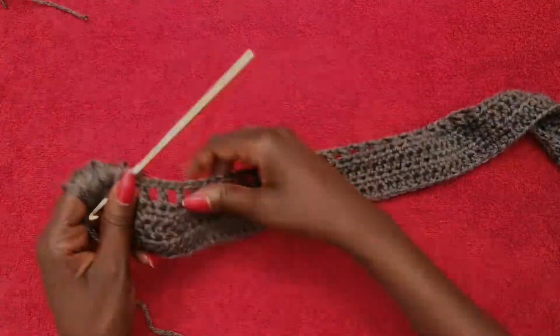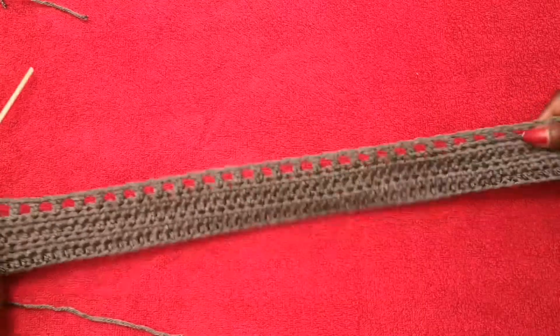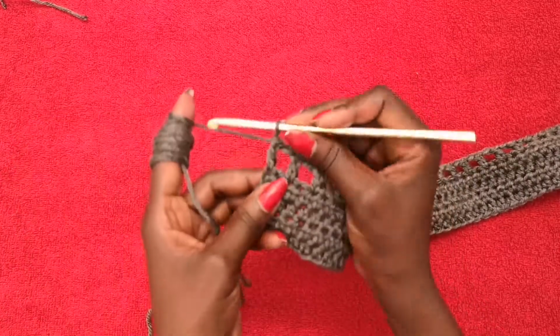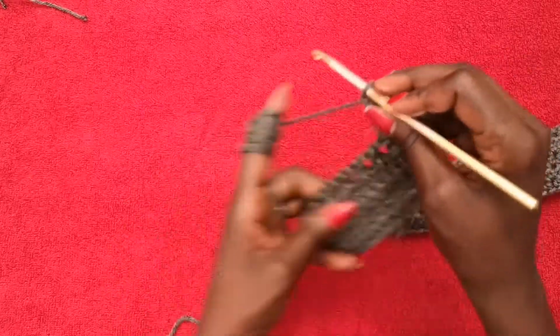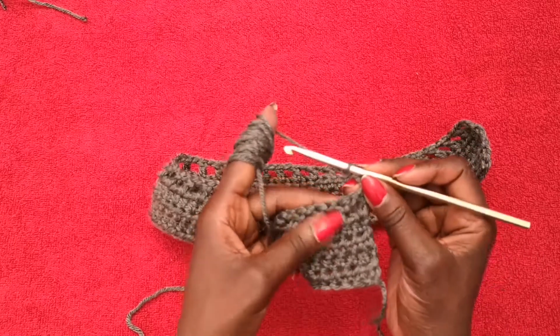Okay, all right, so we have reached the end of this row. So as you can see, that is how it should look like. Okay, all right, now to go on and start our second row of this, we're going to chain 3 again, turn it, and then what we're going to do is on top of these